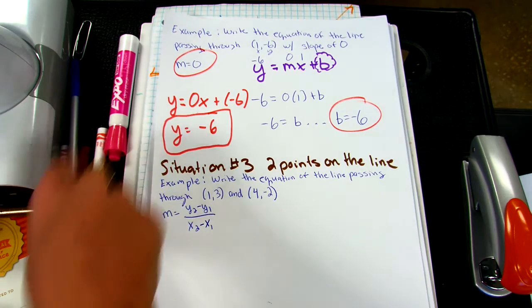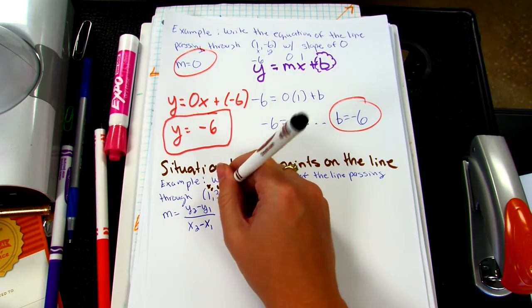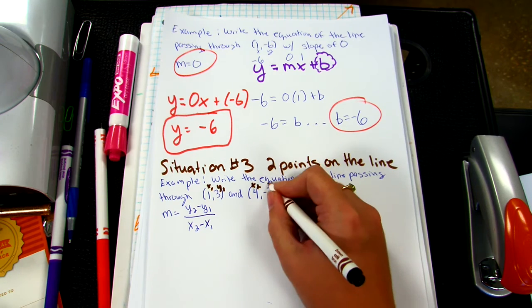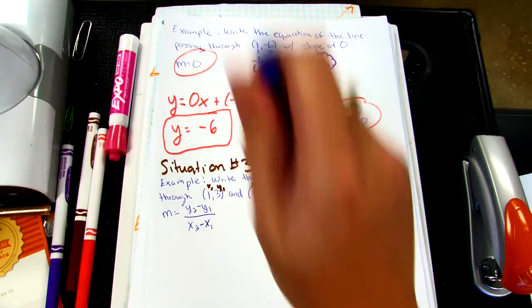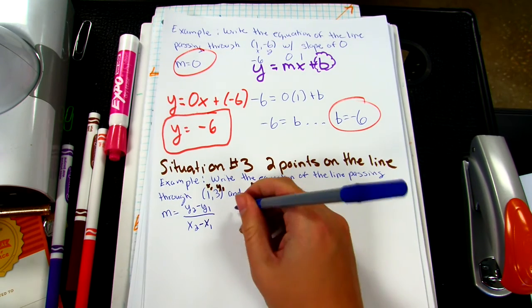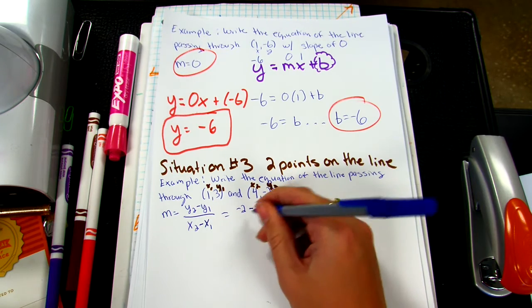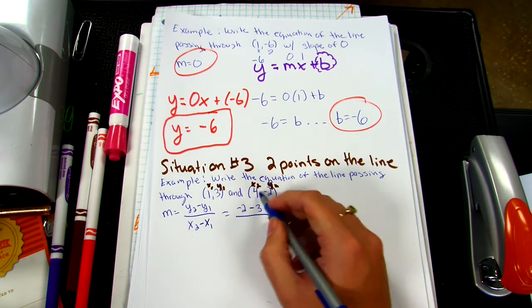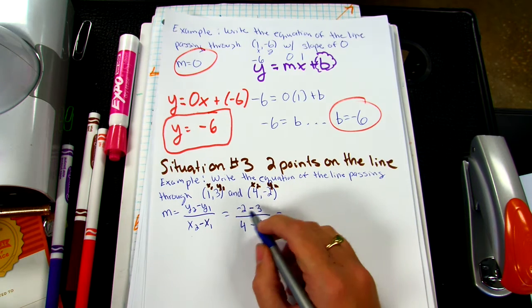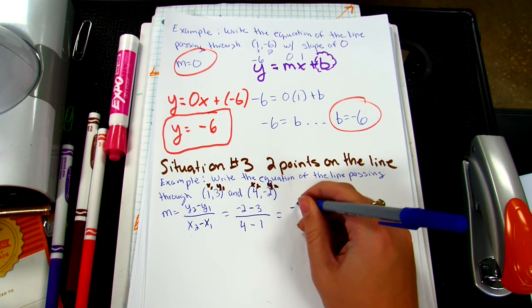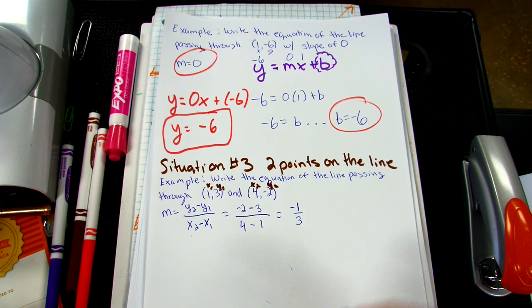Okay, so now we have to figure out what slope is, right? So we're going to say this is x1, y1, and this is x2, y2. Okay, so when we do the math, y2 is -2 minus y1 is 3 over x2 is 4 minus x1 is 1. So -2 minus 3 is -5, and then 4 minus 1 is 3. So now we have our slope, right? We know that m is